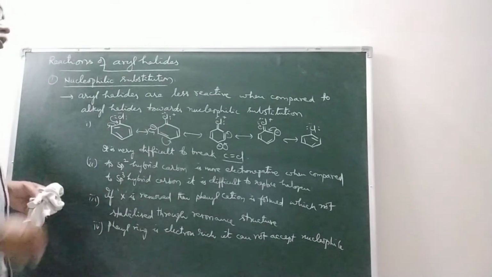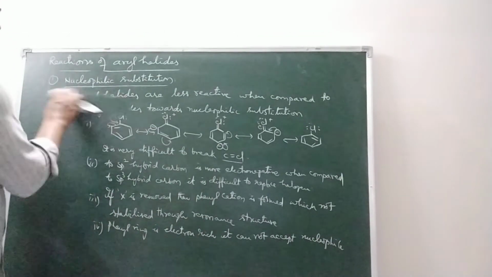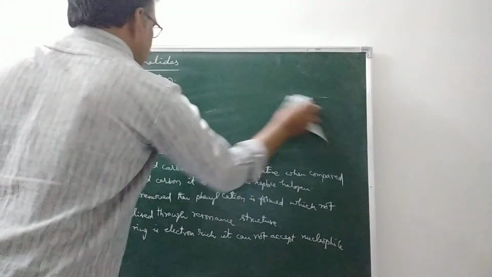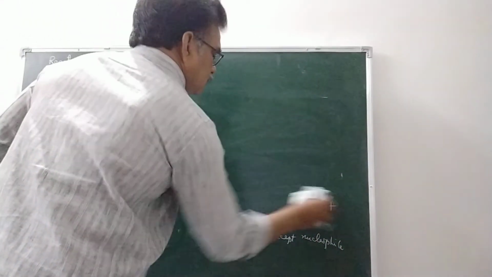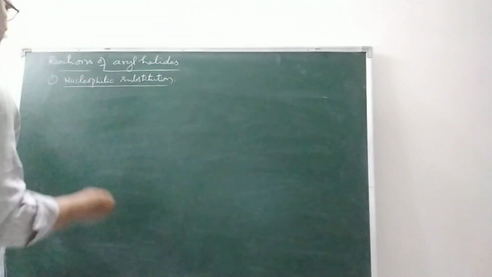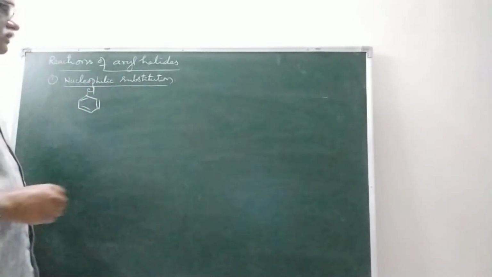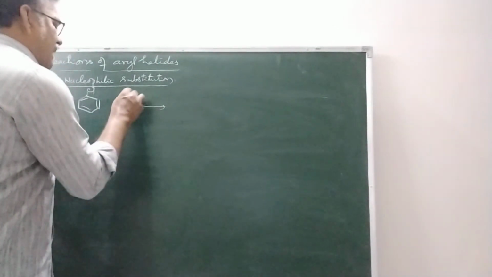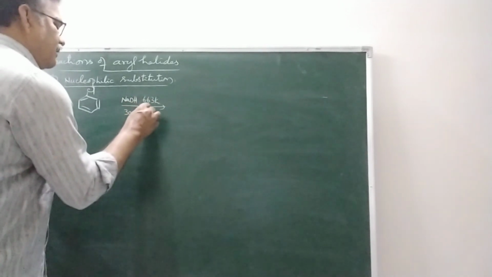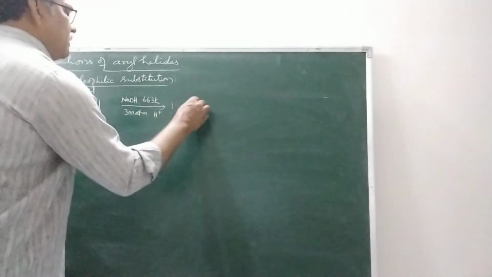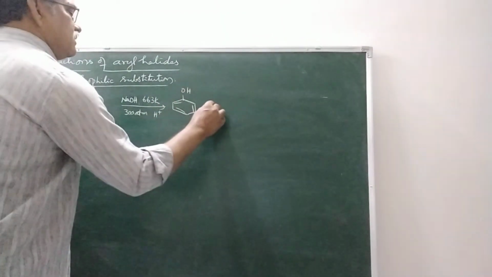Okay, if we take some nucleophilic substitutions in aromatic compounds, to substitute OH minus in place of X, the required conditions are: C6H5Cl, when it is treated with aqueous NaOH at 663 K, 300 atmospheres pressure, in presence of an acid. So here C6H5OH plus NaCl are formed.